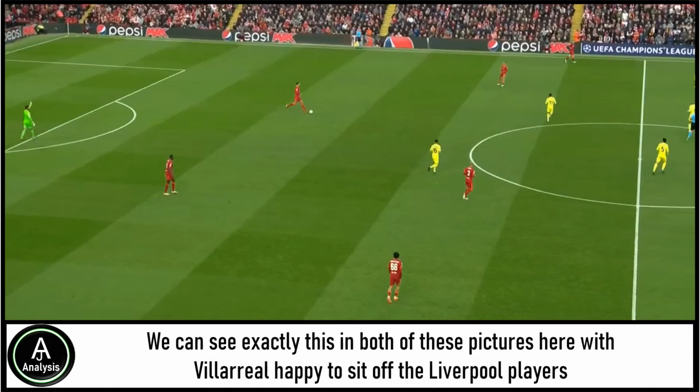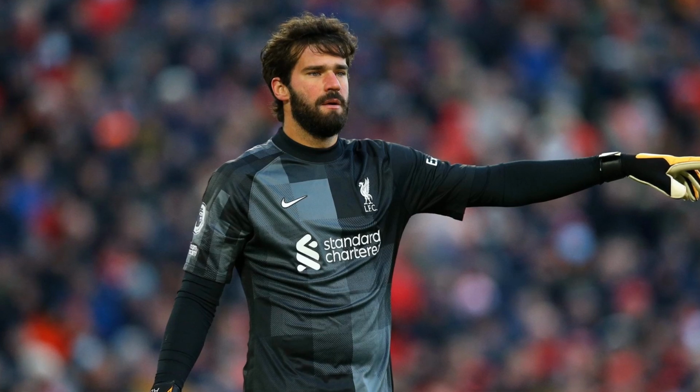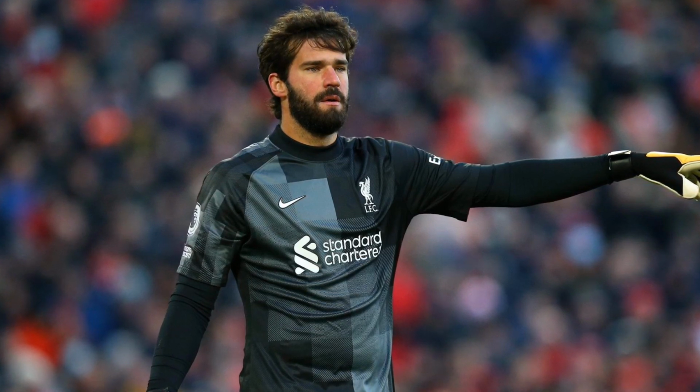We can see exactly this in both of these pictures here, with Villarreal happy to sit off the Liverpool players, giving the centre backs in particular a lot of time to take as many touches as they wanted to progress the ball forward. And I mean, Alisson in goal must have been bored because he literally had nothing to do all game, and you know that there was extremely little pressure on him because he ended up with 100% pass